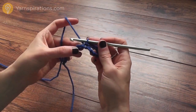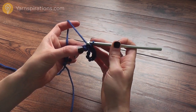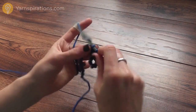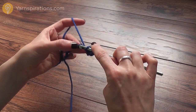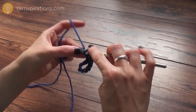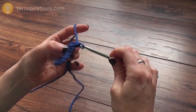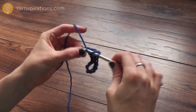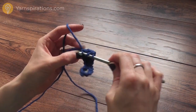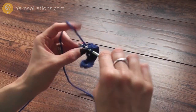So the first round begins with 1 SC in the first chain. So we're not going to work into that chain where we made the slip stitch. Our first chain is going to be the very next one here. So that's my 1 SC, then 1 HDC in the next chain, half double crochet, 1 DC or double crochet in the next chain, then 2 DC in the next chain, then 1 DC in the next chain,